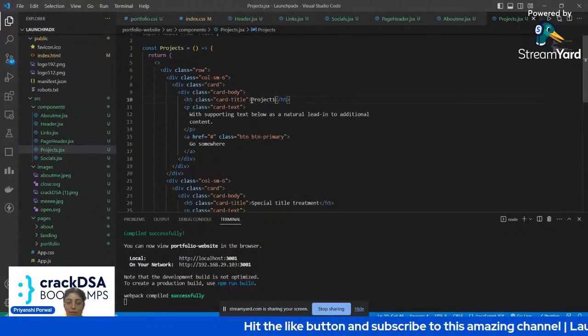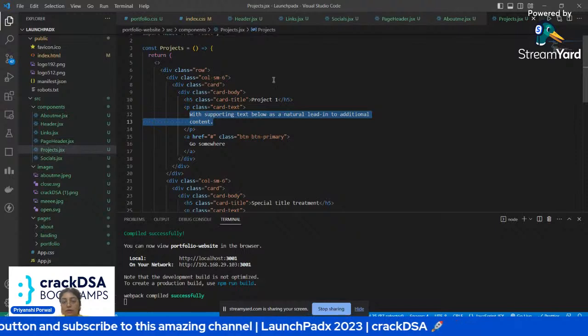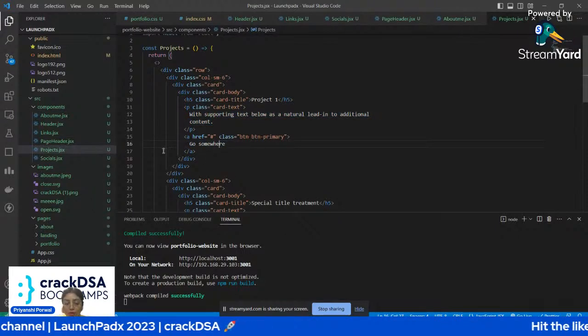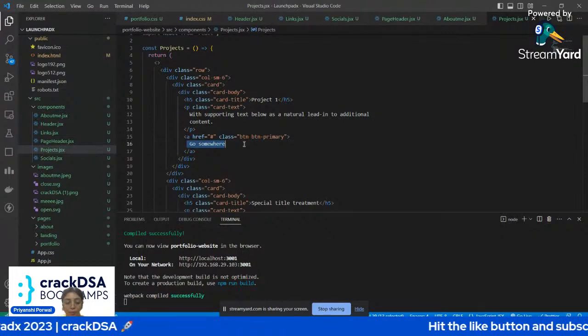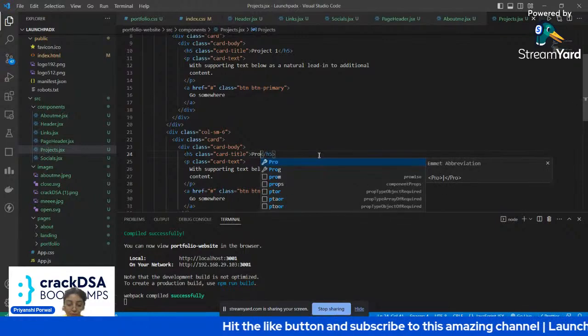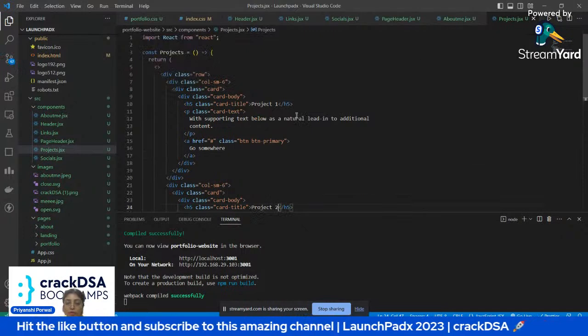And you can just add whatever content is related to the project. And you can also add any button here, like a link to your project, right? I'll write project 2 here. Okay, all right. So this file is also complete,